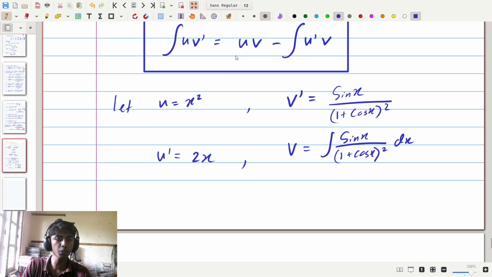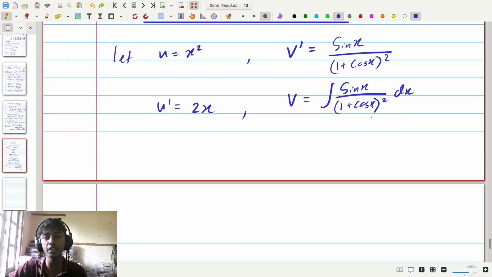Now this is actually quite easy, even though it looks difficult. It is easy because if we substitute in 1 plus cosine of x equals u, or let's say instead of u we'll use t, let t equal 1 plus cosine of x. We can see the derivative, dt, is the derivative of 1, which is 0, plus the derivative of cosine of x, which is going to be negative sine of x